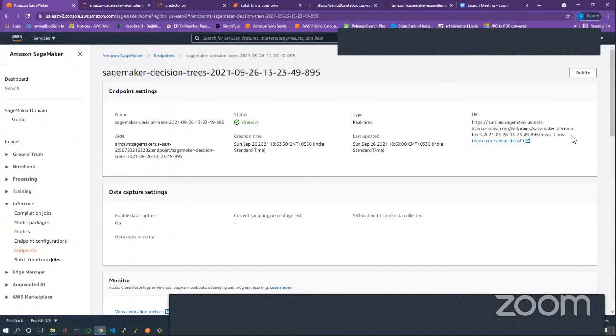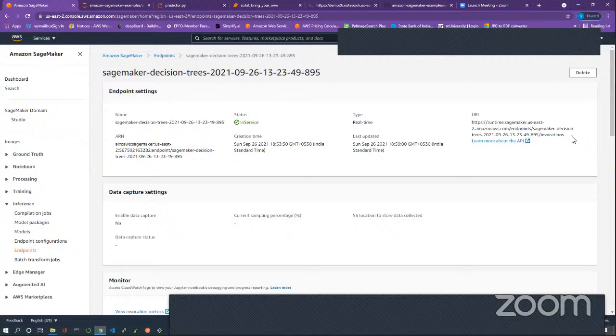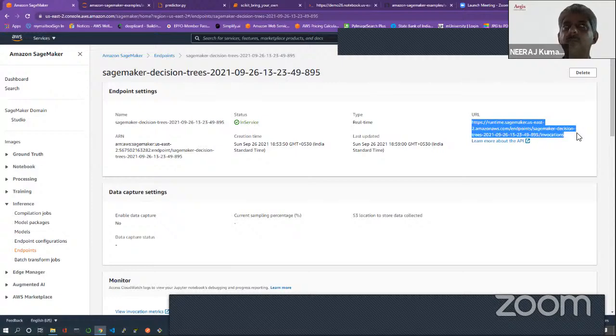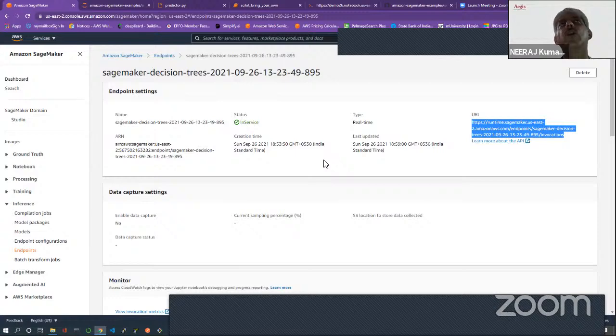And you will provide the input data, the inference data, real-time data as a JSON, as a text file, whatever you want. Okay. So this is nothing but a REST API. You integrate this REST API into your application. Okay. And in the REST API, you can provide your input as JSON data.